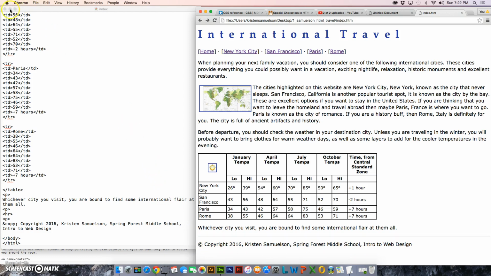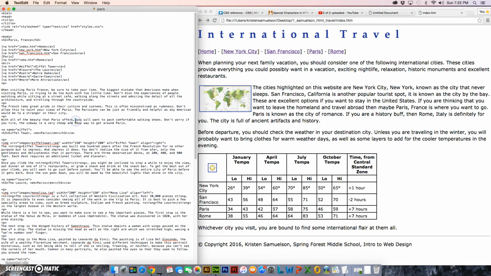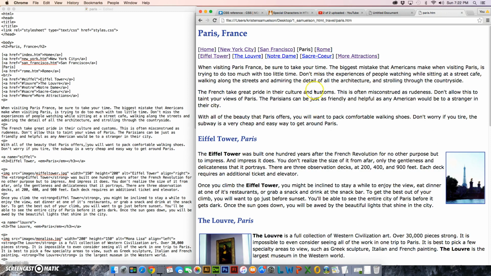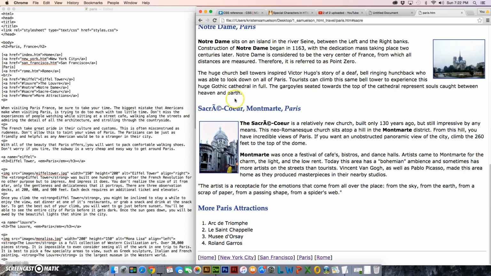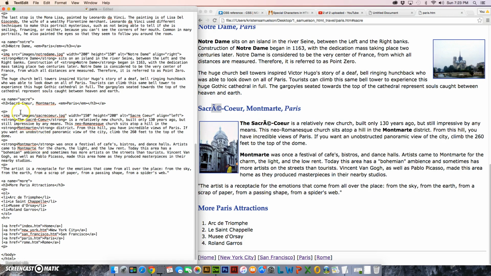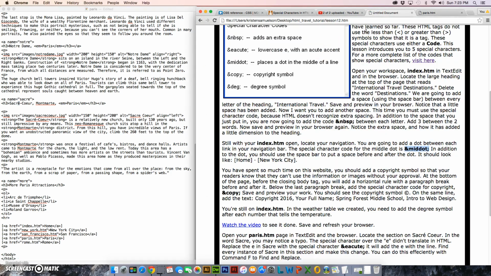Then we have one more thing we need to do. We need to go to our Paris page. You may have noticed on your Paris page that when you go to the Sacré-Cœur that you have this funky symbol that showed up a few places. Well, if we look in our text, here it has that little, I don't know what you call it, the little line over the E, the accent mark, only it's not showing up the same in the HTML. So we have to put in a code for that. And the code for that is